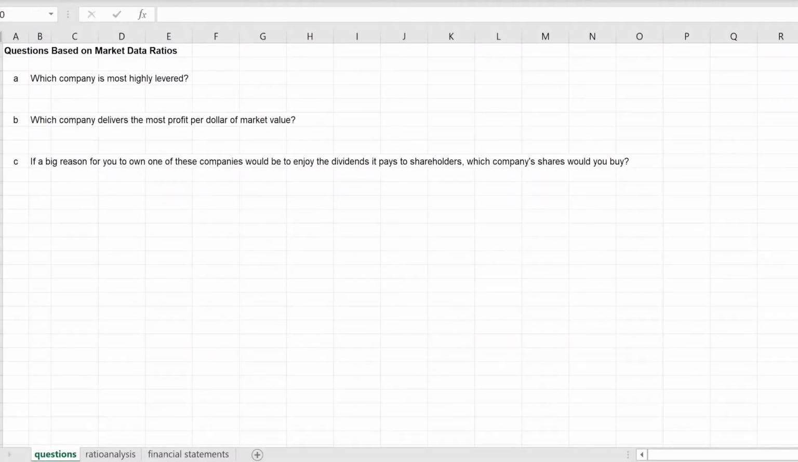All right, so we're continuing with the Chapter 6 practice problems. This is Part B, which deals with questions based on market data ratios. So first question, which company is most highly levered? To answer this question, we are going to look at the debt to enterprise value ratio, because this tells us